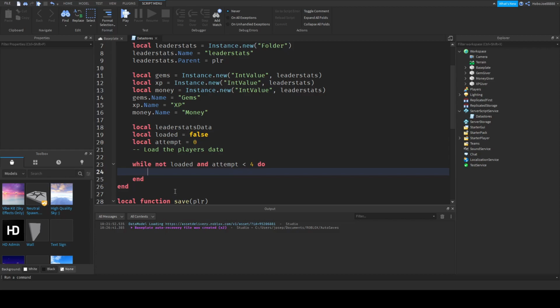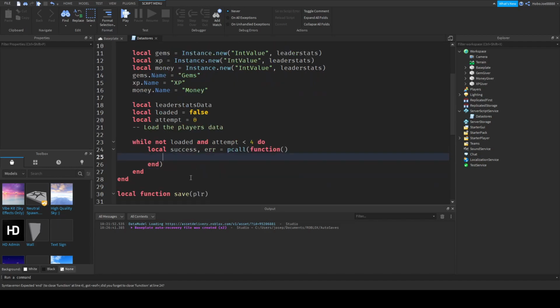So we're going to do a p call here. I'll explain this in a second. So local success, error, and we're going to set this equal to p call function. So what this is, basically, this just contains the error. So basically in case the data store errors, we can kind of back it up with a p call. So in this p call, we're going to set leader stats data equal to the leader stats